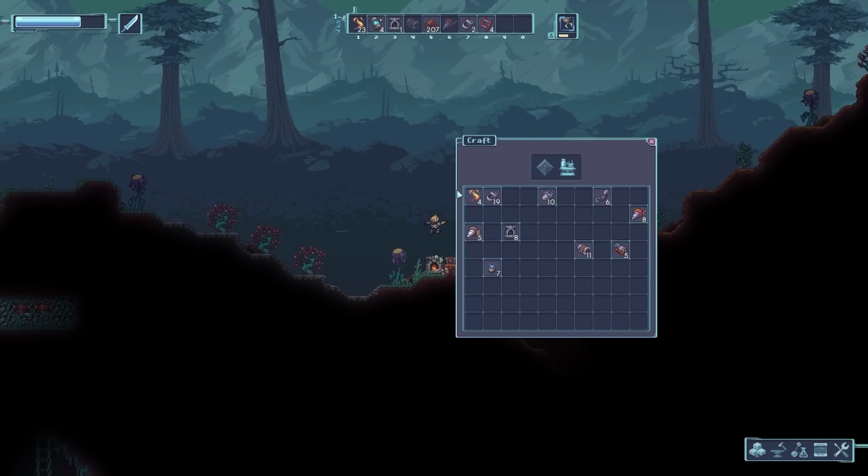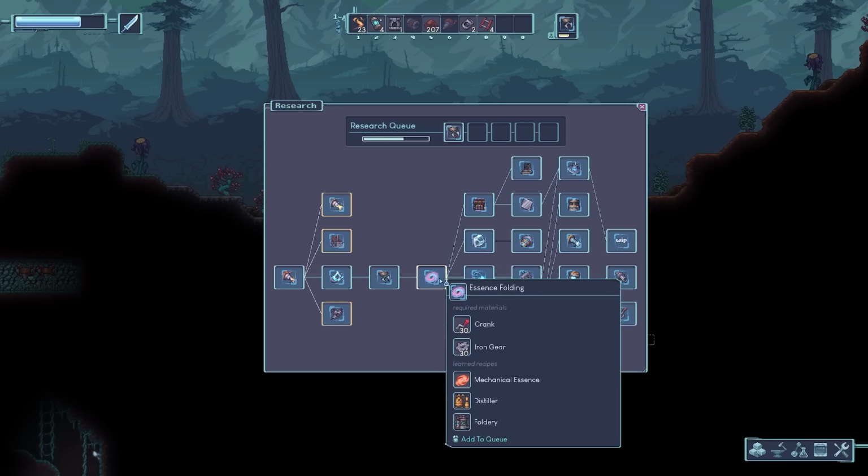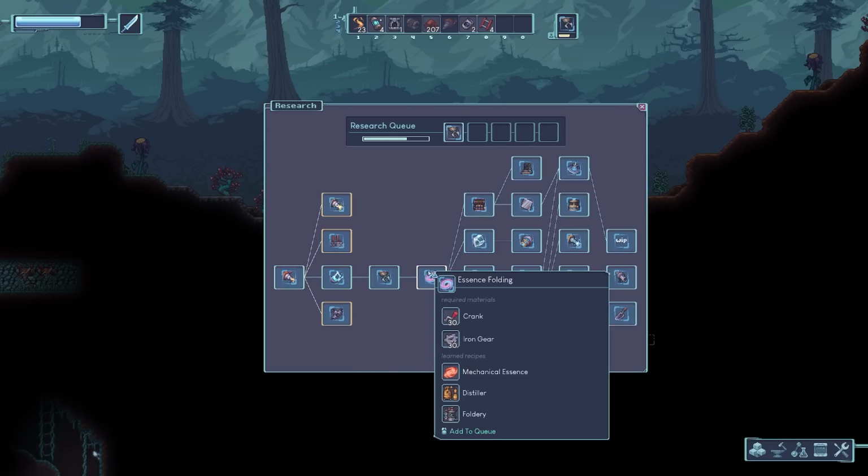Silver ingots. We got them. We actually have silver ingots. How flippin' cool is that? Right. Okay. What's next in the list? Essence folding. Right. So essence folding seems to me anyway to be the first sort of bit of research that